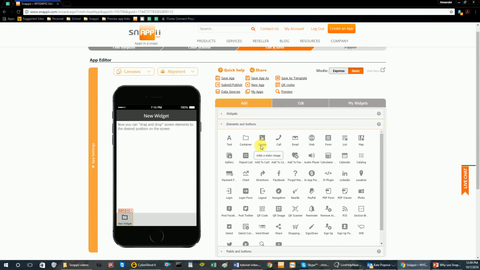You can display images, add a call button, email button, web browser, a form, list, a map, gallery, which will display multiple photos, a report list, again that's the PDF and Excel files in a list, add to cart, which would be, if you had a product catalog, users could create a shopping cart and add items to that cart before checking out. You can add to contacts, add to favorites, audio player, which you can upload audio files or